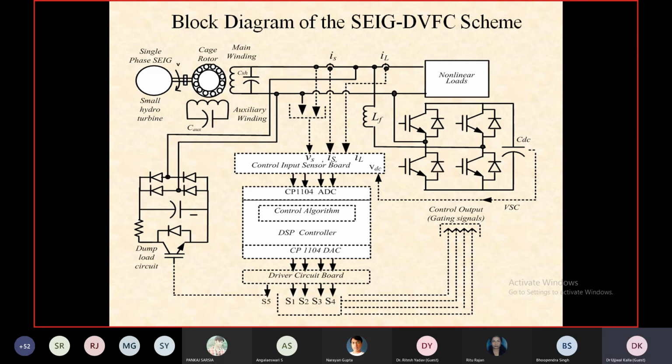But fortunately, all the electrical generators are sinusoidal generators. But if your system voltage has a waveform shape other than sinusoidal, then this indirect control technique